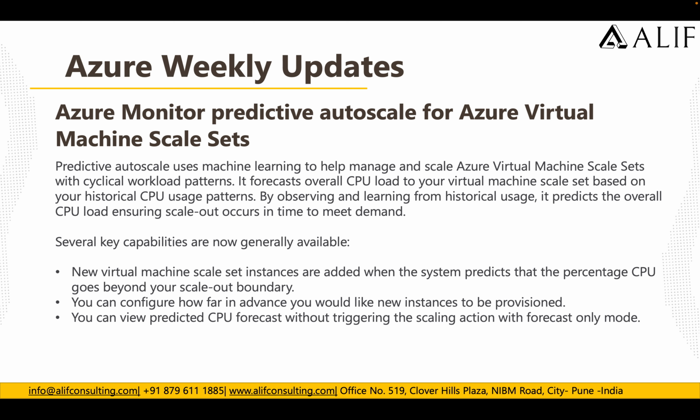scale out boundaries. Second, you can configure how far in advance you would like a new instance to be provisioned or added into your scale set. Third, you can view the predicted CPU forecast without triggering the scaling action with forecast only mode. So these are the capabilities which have been added, and I think this is going to be a very game changing